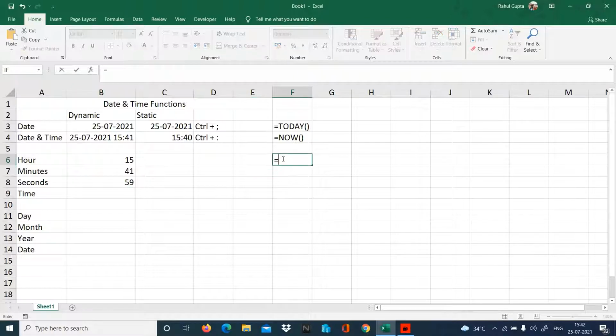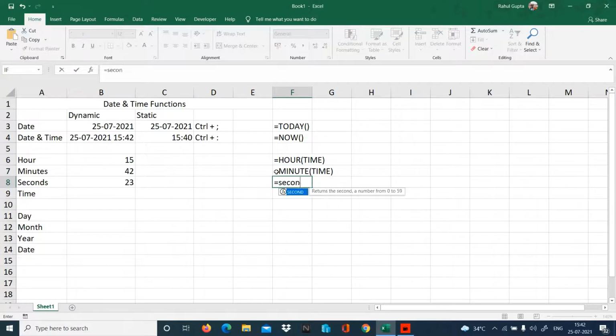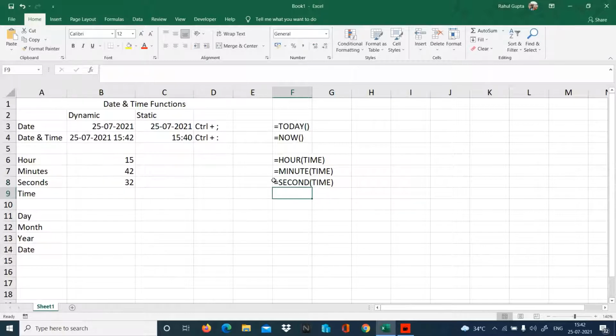So it's =HOUR, then the time that we have to provide here. It says serial number, but actually we have to give the time. Then =MINUTE with the time, then =SECOND with the time. Those are the three formulas we can use to get this.